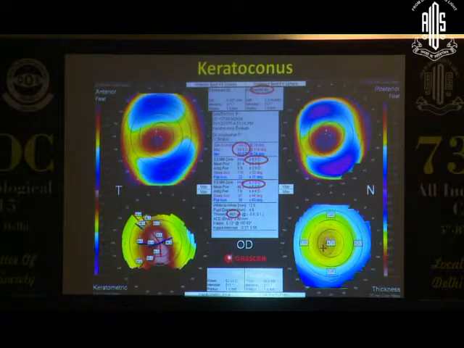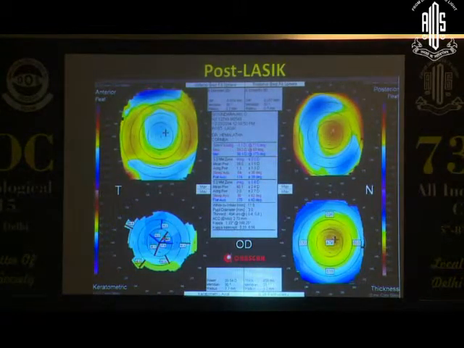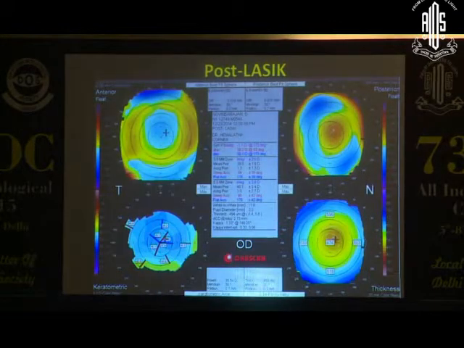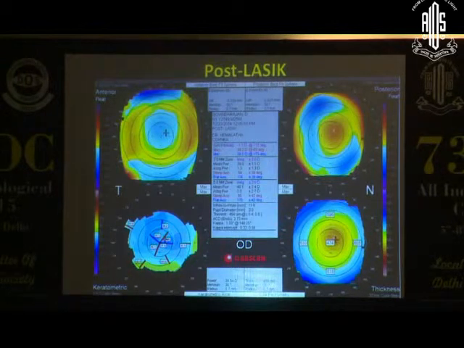This is the same thing, the typical keratoconus which I have shown last. And this is a post-LASIK. You can see the central flattening and a little bit of high posterior steepening. This is usually what you get when you ablate centrally: a little bit of thinning and posterior surface change. But still you can see the residual thickness is about 454, and it is a well-centered flattened cornea to ablate this power.